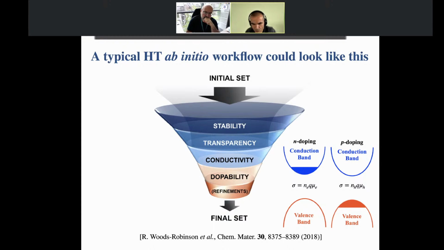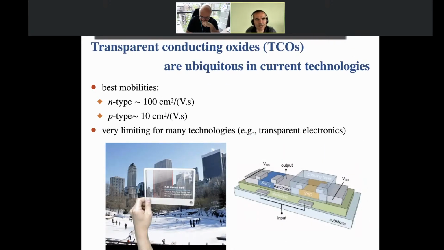One of the problems that is faced in finding a good transparent conductive material is that most of the existing materials for the moment are N-type. And the reason for that is that they have these good mobilities that are basically 10 times larger than when you have a P-type, precisely because I was showing to you the fact that often in oxides, you have this O p character at the top of the valence band. And this difference between the P-type and N-type is very limiting in terms of technologies, especially if we want to do transparent electronics where we want to have a CMOS, so a complementary MOS where there is both an N-type and a P-type thing. So that's a problem, and so it's interesting to look in that direction.